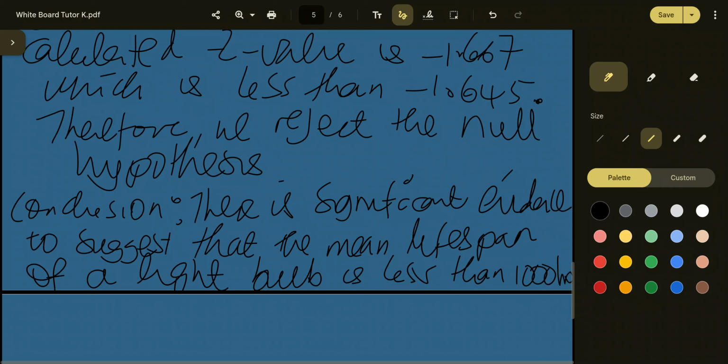So there is significant evidence to suggest that the mean lifespan of a light bulb